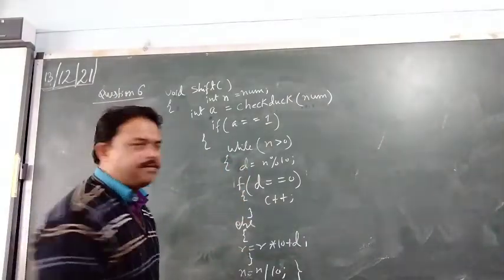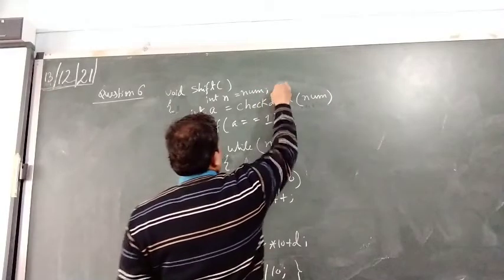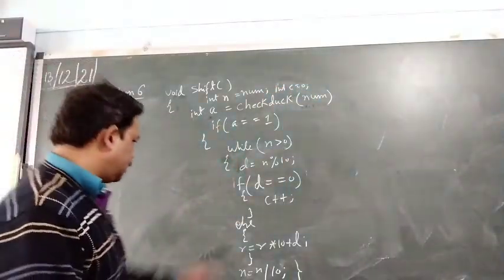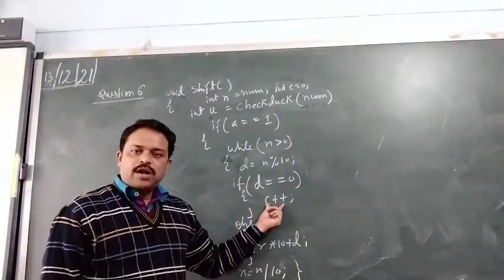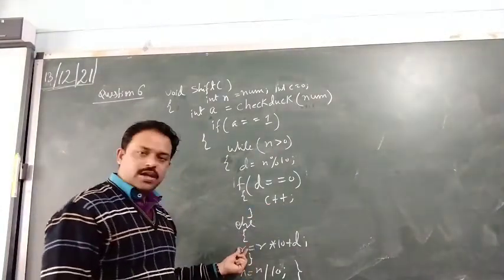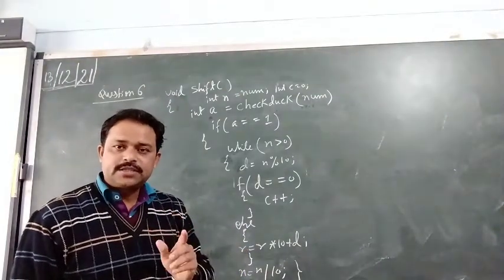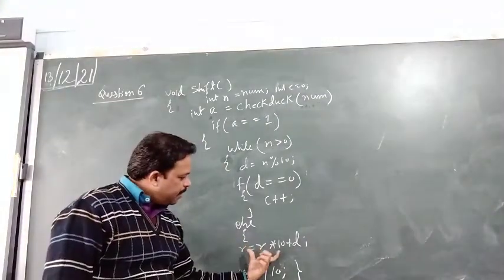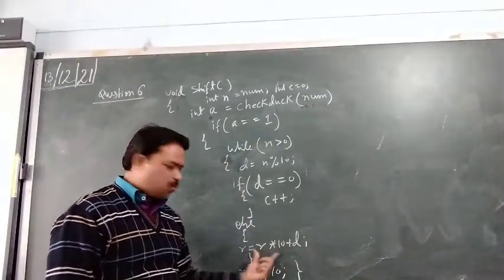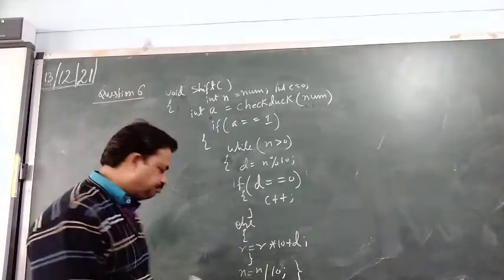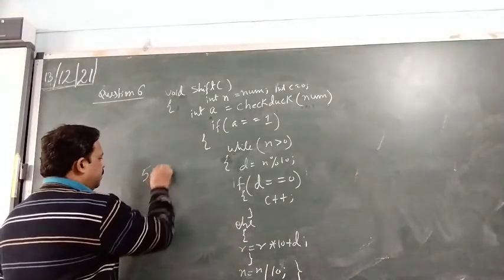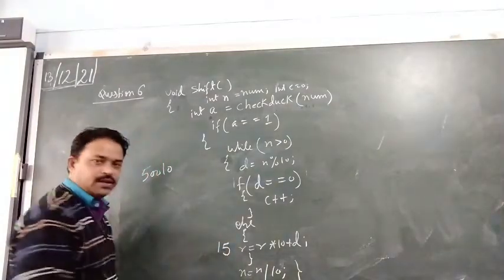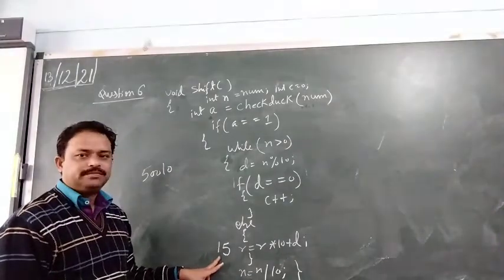Okay, so c is also a local variable, so define it here, c equal to 0. In c you are counting the number of zeros. In r, you are storing the digits which are not 0. Now see, when this statement executes, do you know what value you are going to get in r? I have the value 50010. In r, you are going to have 15.